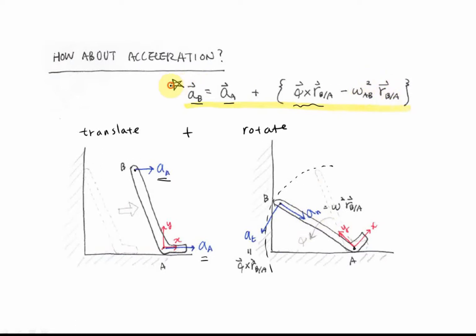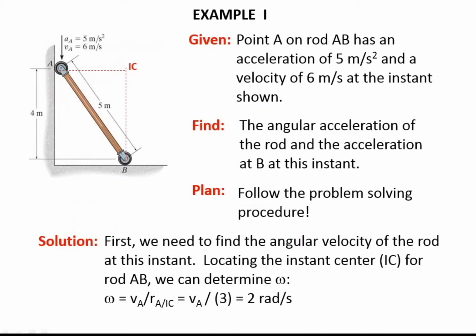So these are the equations to get the acceleration of point B using relative motion analysis, with the option of knowing the acceleration of A. So at this time, let's try to find the angular acceleration of the rod, alpha, and the acceleration of B